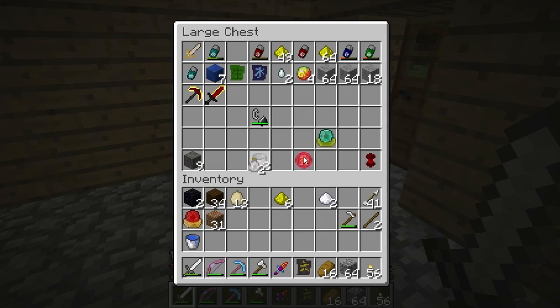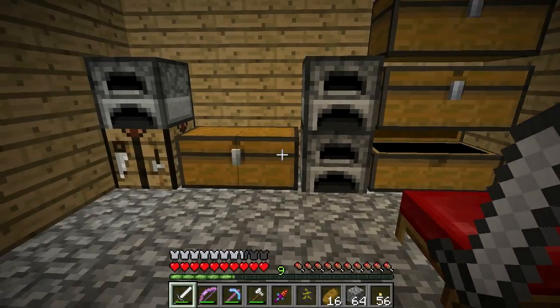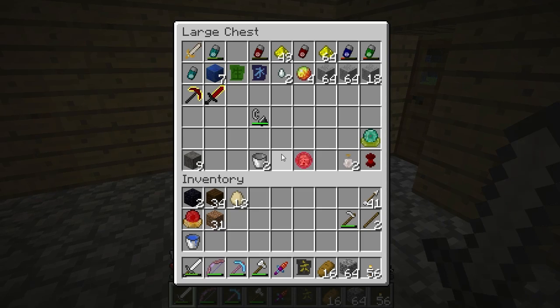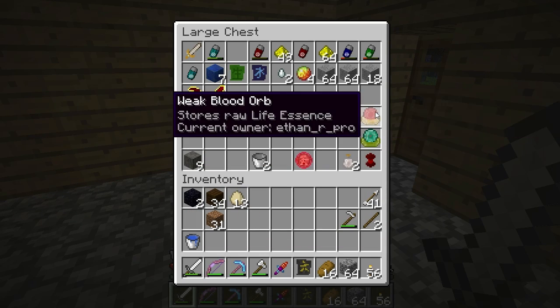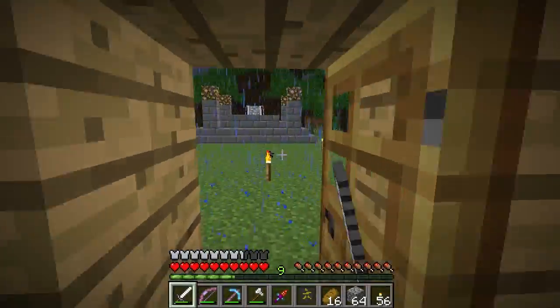We need simple catalysts and things like this in order to make the things that go on top of these arcane pedestals, which is definitely something we want to do. But besides that, okay, for a second there I thought I had 2 of those weak blood orbs. Besides that, I've got eggs, because last episode you guys directed me at...